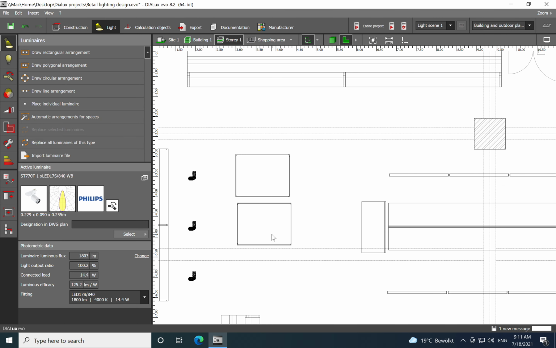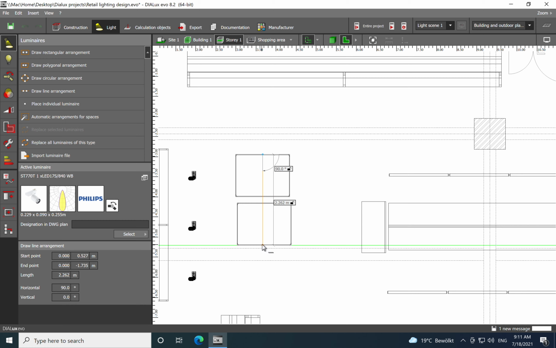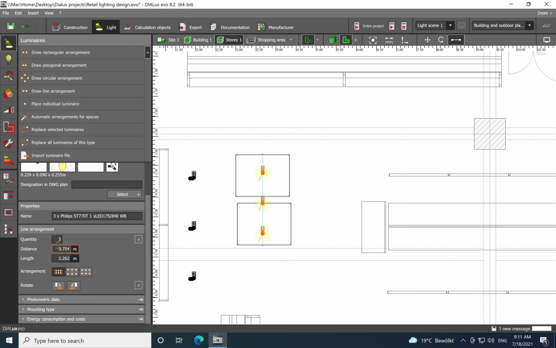Here I will just place above, so I will just draw the line above the two counters, and I will just place, I will say, just two luminaires, so one spot above